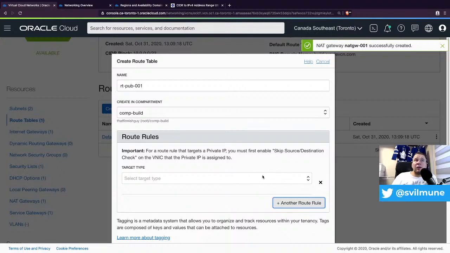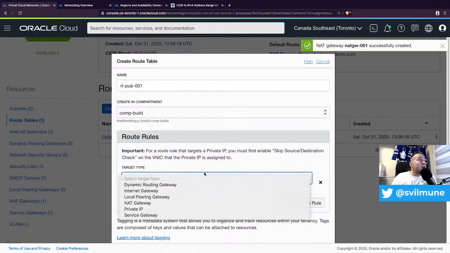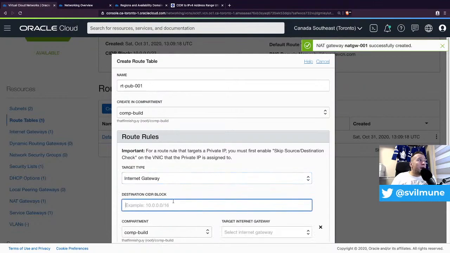That's handled by Oracle, but everything you route to the internet or to your on-premises network or whatever, you need to define it here. So I have options here, and I'm just gonna choose the internet gateway. And if you would want to restrict the internet access to specific IP addresses, you could give it just CIDR blocks here, but